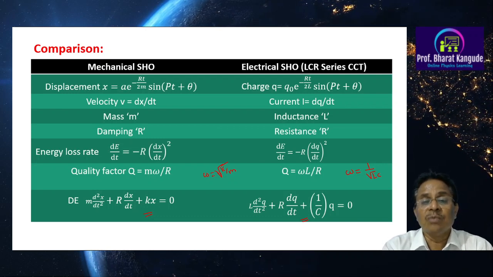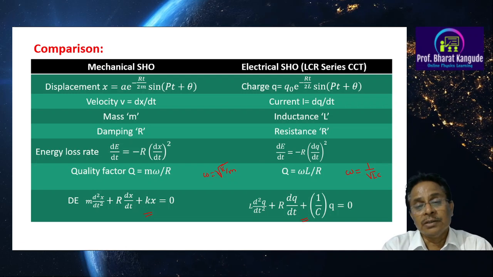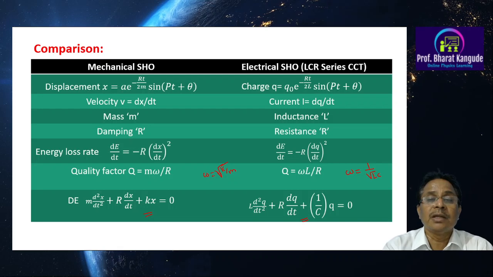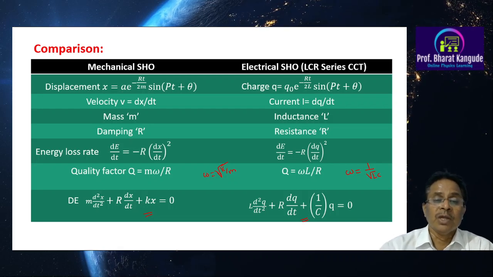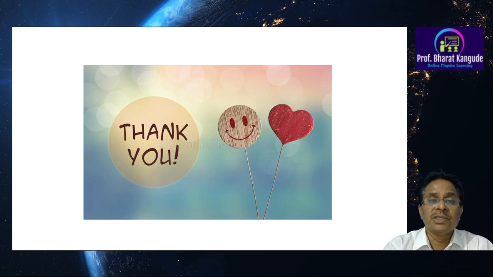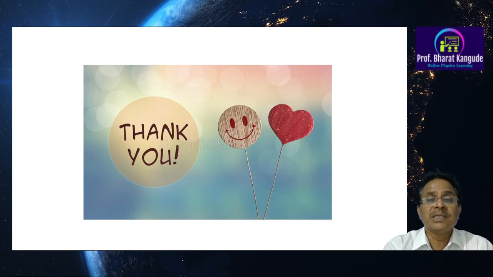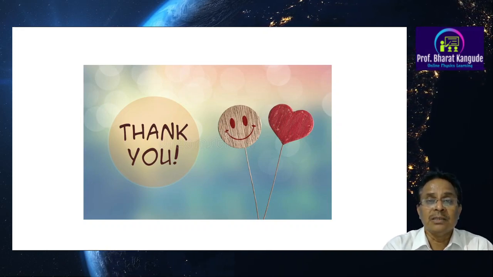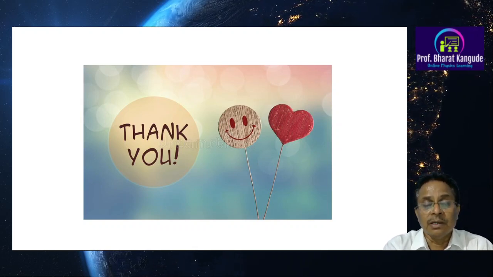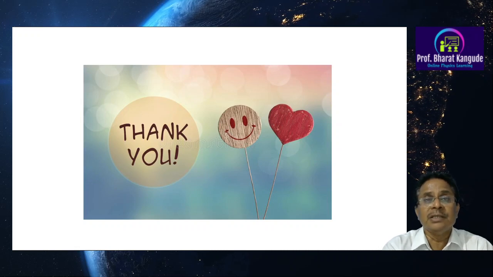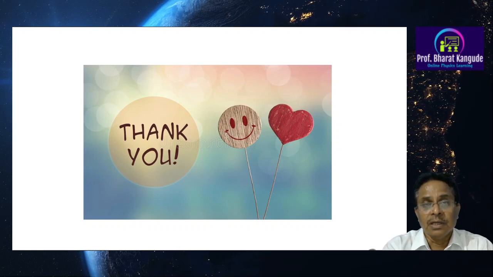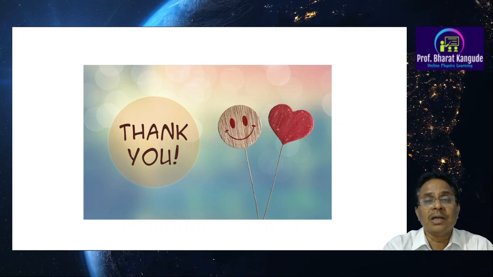So this is the case of the electrical damped harmonic oscillator. The study of it can be done exactly on similar lines to what we have learned for the mechanical damped harmonic oscillator. We have now finished this chapter, where in these two sessions, in the first session we saw the basic concepts of damped harmonic oscillators, like the differential equation, the forces, the solution, and logarithmic decrement. In the present session, we started our discussion with the energy of this type of damped harmonic oscillator.